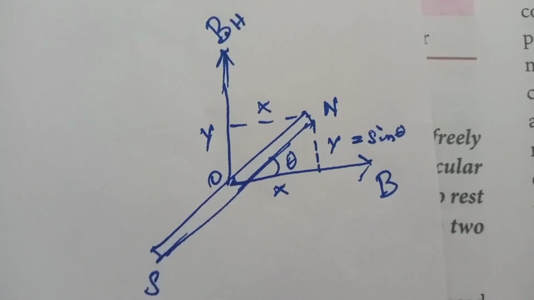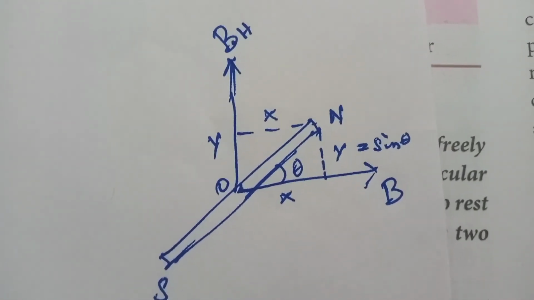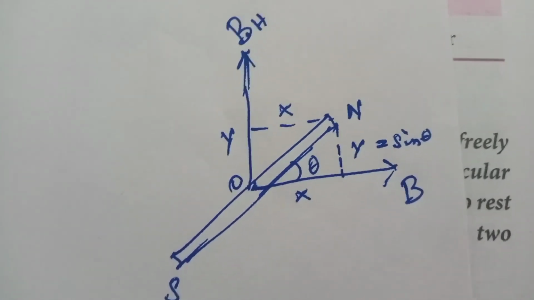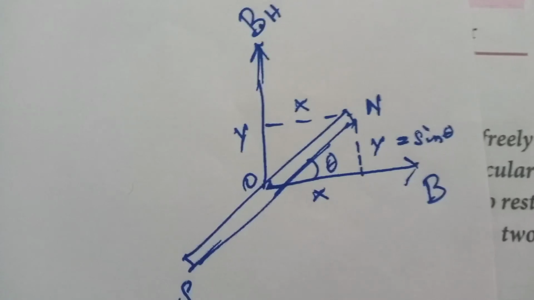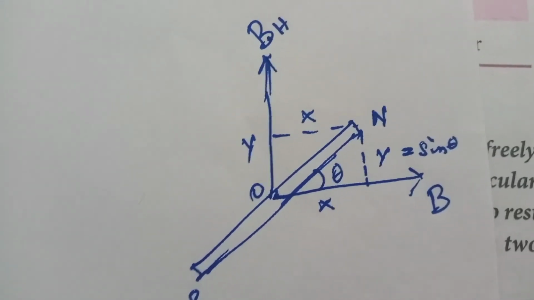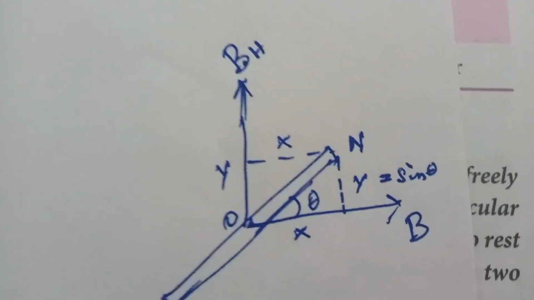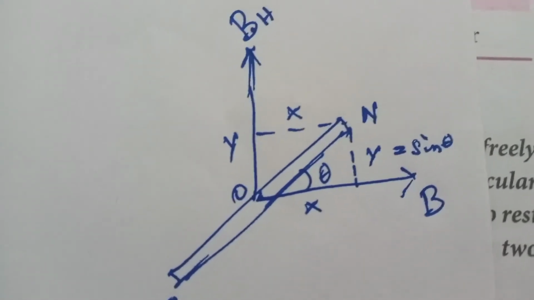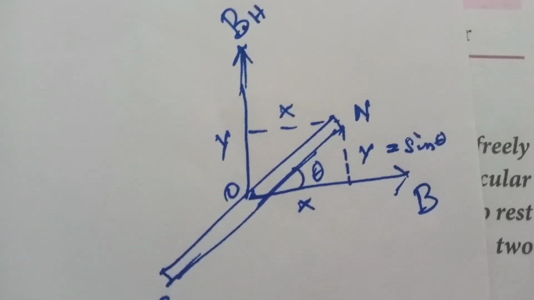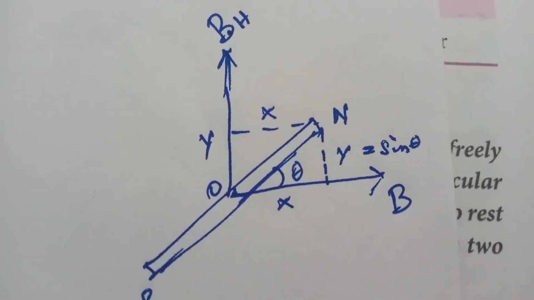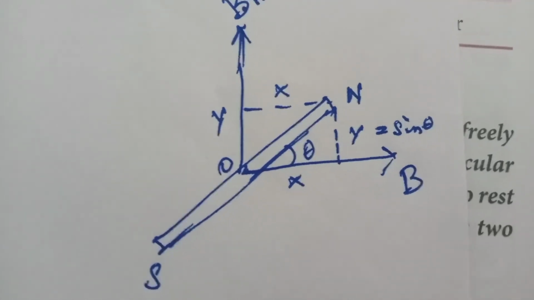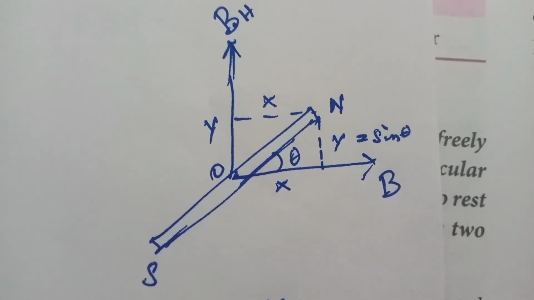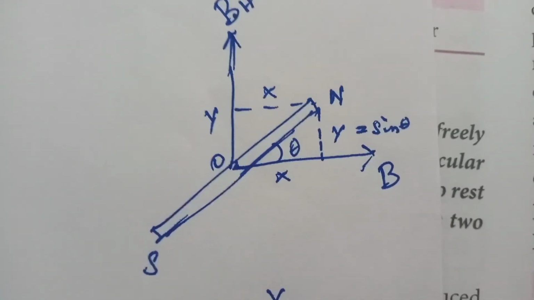Here we are using the tangent galvanometer. A small amount of current is produced, and because of that current the magnetic field is also produced. That magnetic field we take as the value B. BH is already present, the Earth's horizontal magnetic field. There are two fields and they are perpendicular to each other. When the bar magnet is freely suspended, it always comes to rest in the position of the resultant of these two magnetic fields.